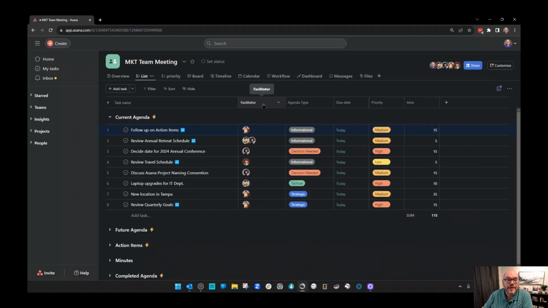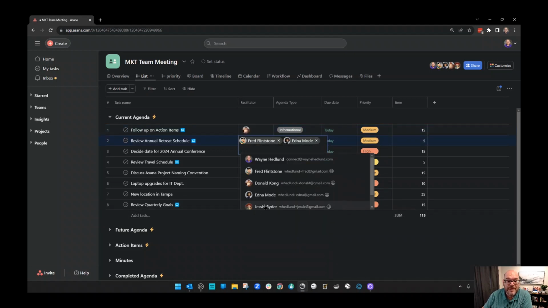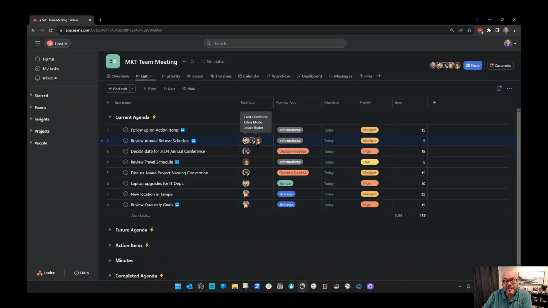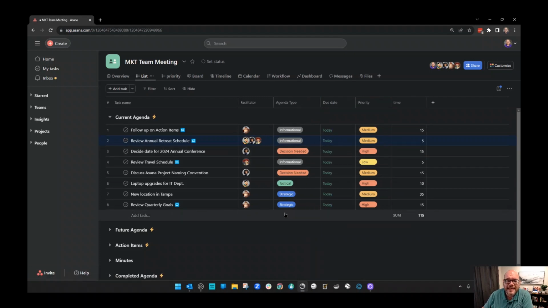Instead, we're going to create a new custom column called facilitator. And here now we can assign who's going to be the person who's going to lead that conversation. We can even add more than one person. If it's going to be a team of people having that conversation, then we can go ahead and do that as well. Then we have the agenda type. You don't have to do this. I find it a little bit helpful to help me with context. So I've created several different types of